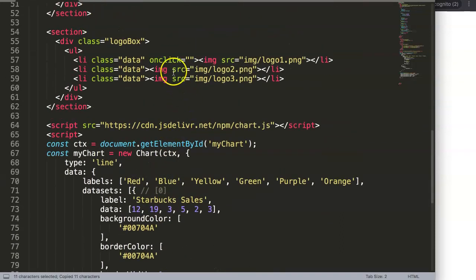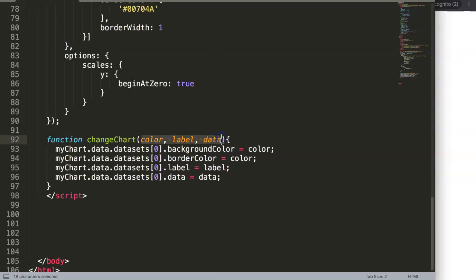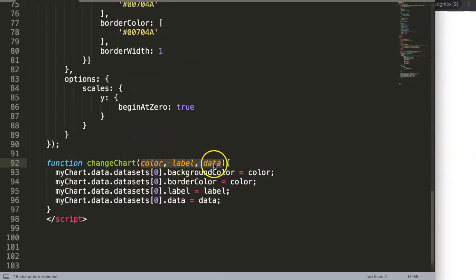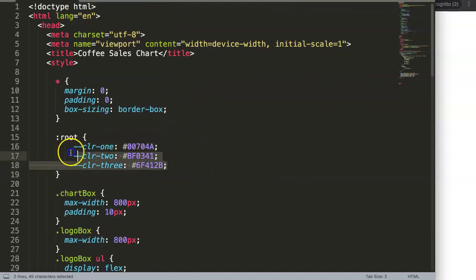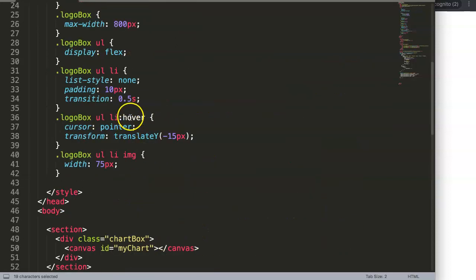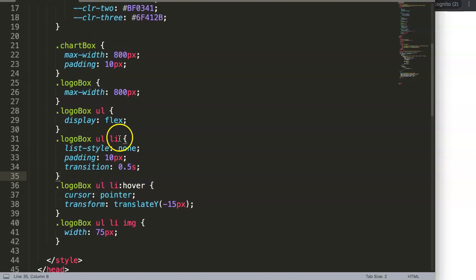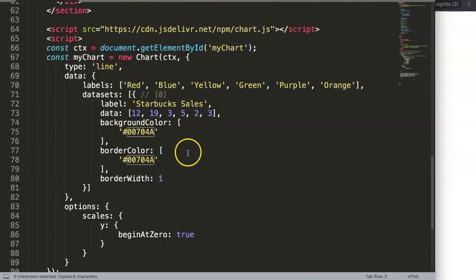I'm going to get that, put in here, and here we can put in the value. So what are the values? Well, to be specific, these items here. So color, label, and data. So the colors, I stored them here already above, and you can use any other color, but basically these are the colors, and I realized we didn't use this yet for the background or something like that with this variable command, but I will show you later in a demo how to use that. Alright, so what we need here is, let's get one of the colors first. So I will get the Starbucks color, and then we say here,